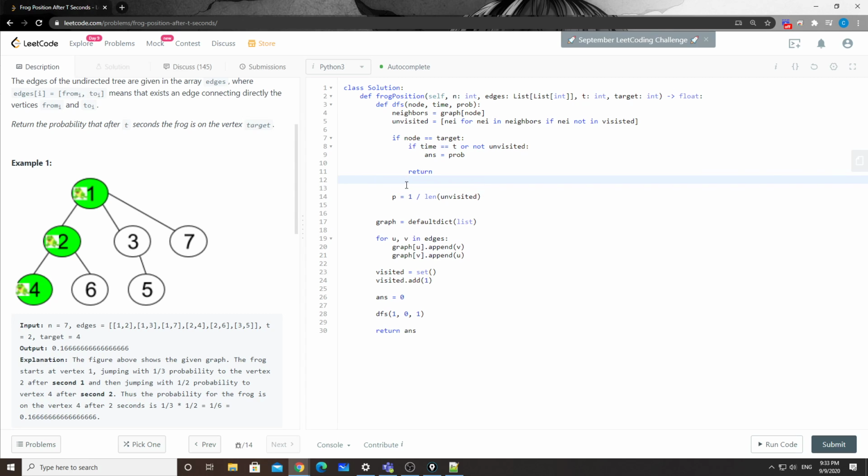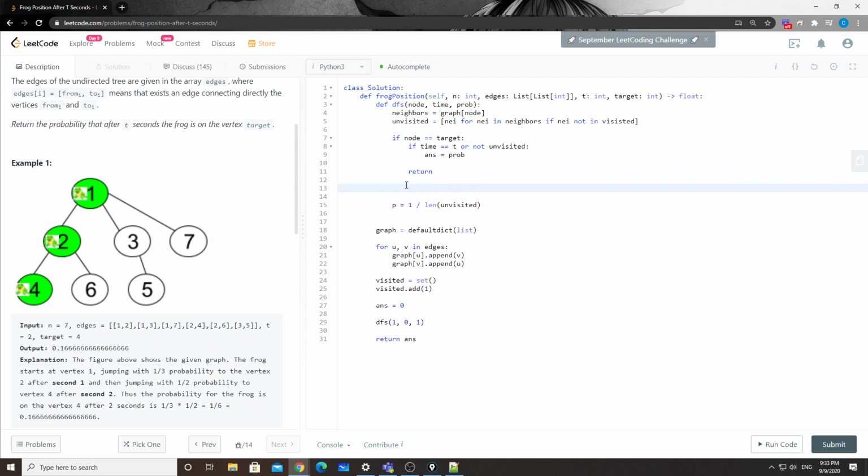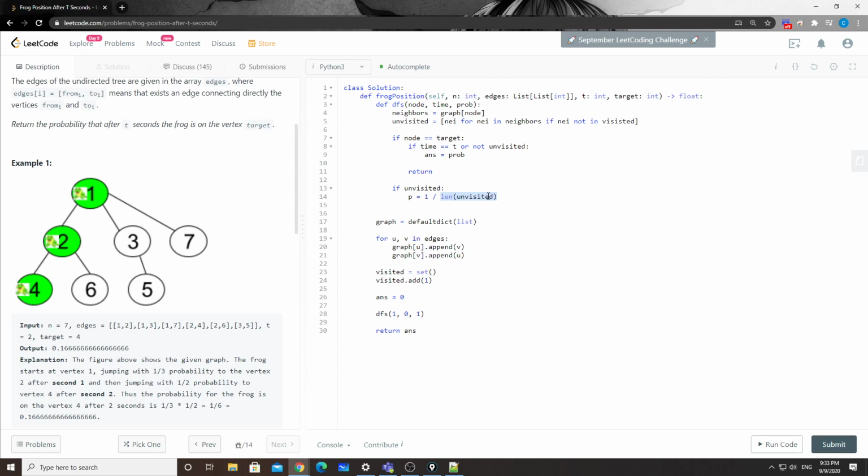Oh, I think here we need to do if unvisited. Basically, this check means that if there's any unvisited nodes, otherwise we'll have a divide by zero exception here, right? So that's going to be the current probabilities, and then